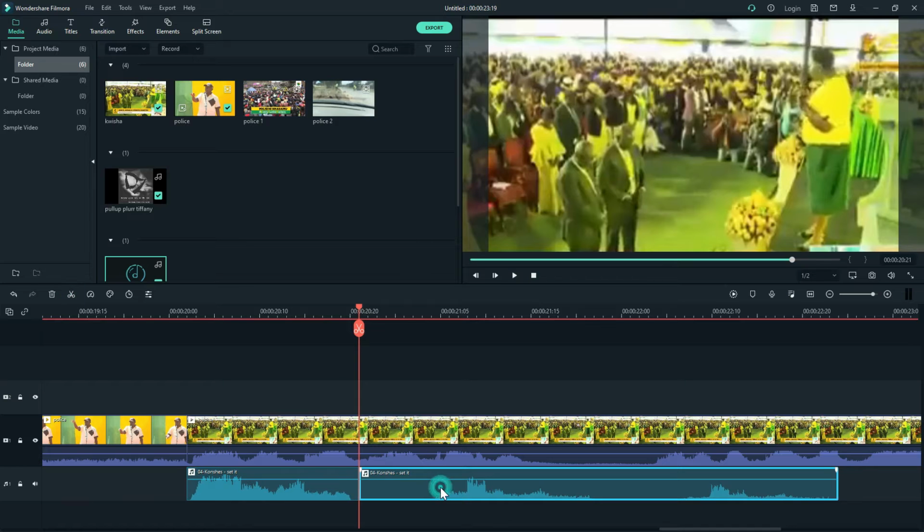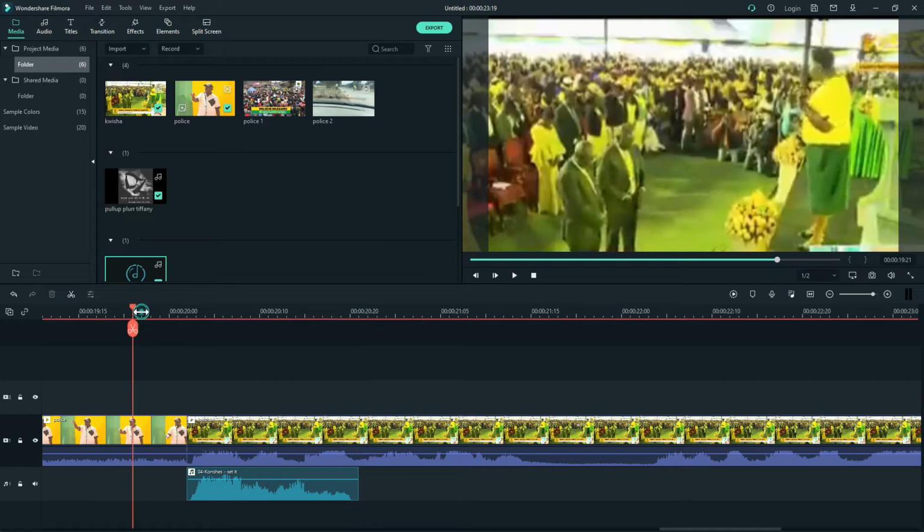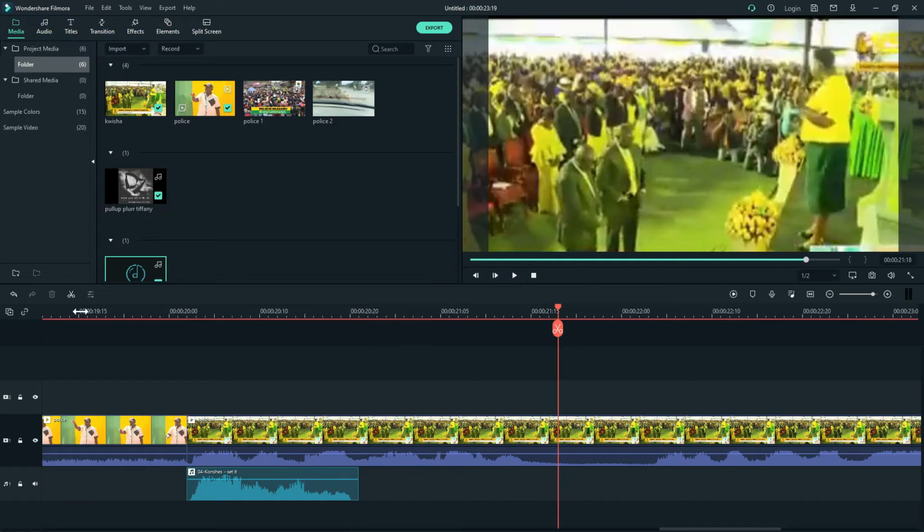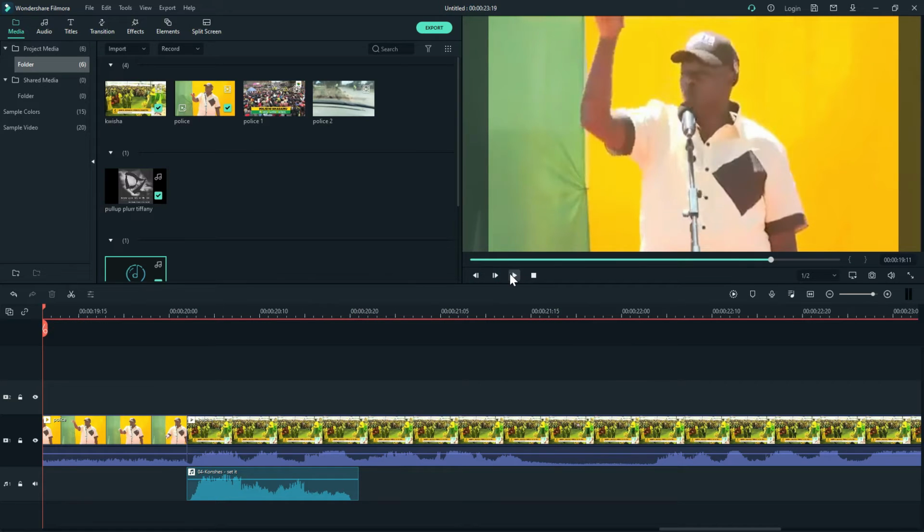Remember, you can also cut the clip that you have added, the audio, then delete the part that you don't want. Then preview it to make sure